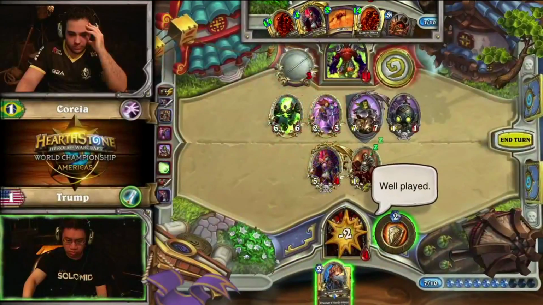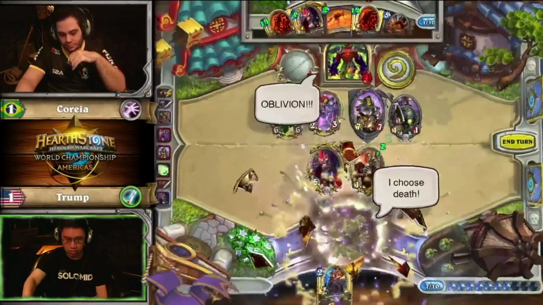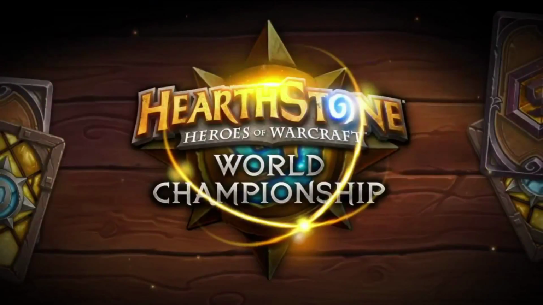Oh! Well, that's it. Trump's run out of options. Game number 3 goes to Coreia, and Coreia goes up to a 2-1 lead. And I believe Coreia's final deck is also Control Warrior. I believe so. And that's going to be very interesting. These are the two players who brought Control Warrior. And so we might